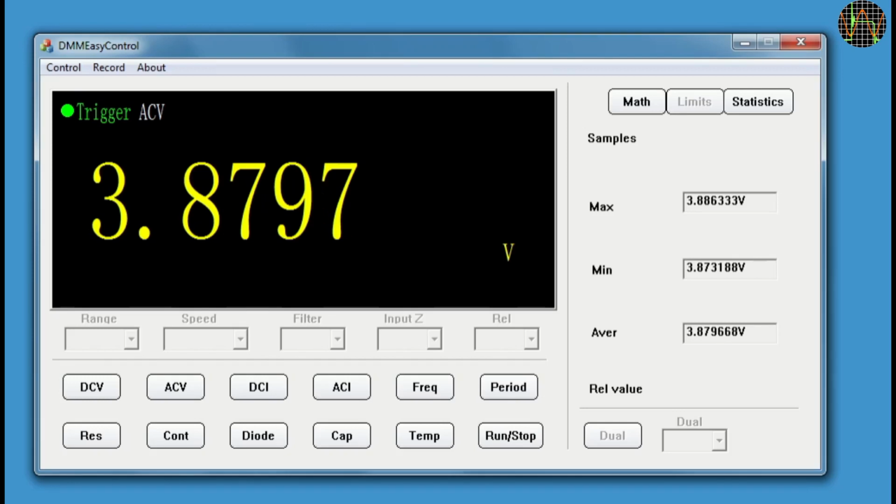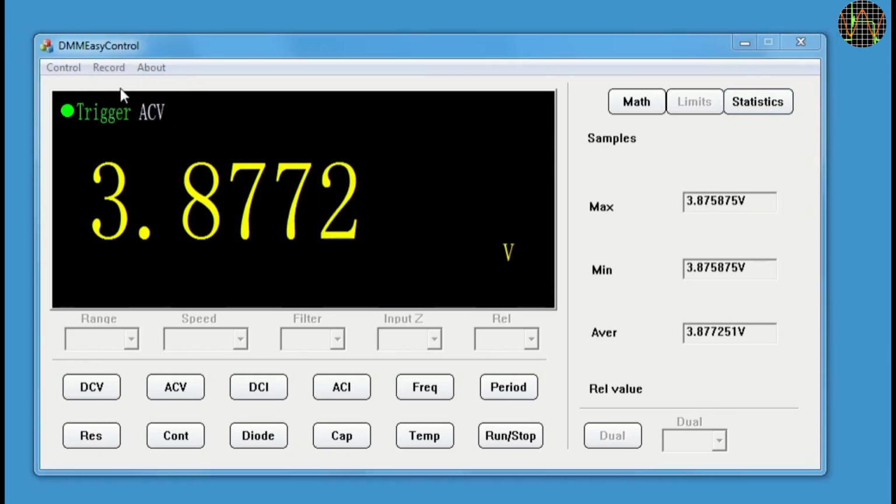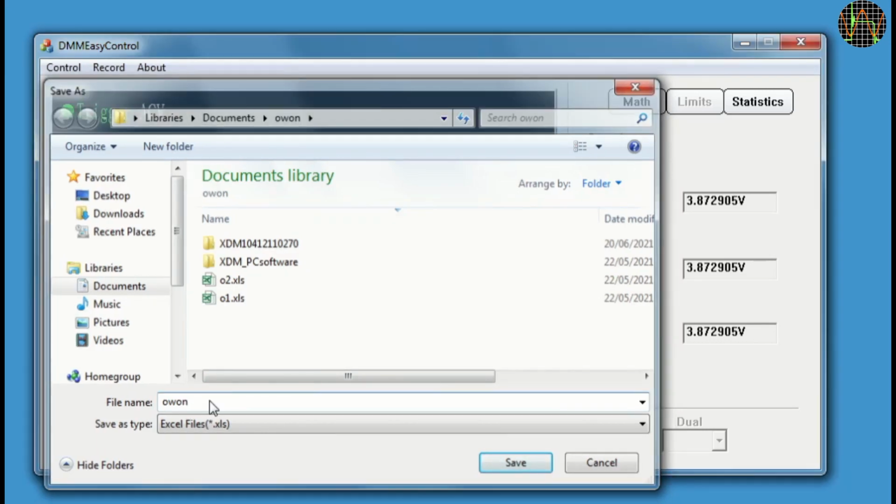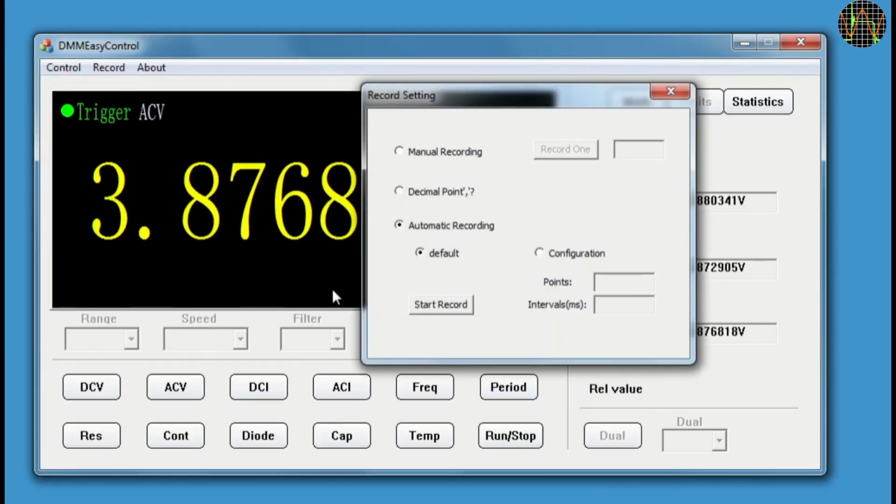As I mentioned before, there is no way to remotely access recordings done locally on the XTM1041, so the PC software does the same as my utility, simply recording the real-time data coming in from the SCPI. This is done using record. It asks specifically for an Excel file for saving, extension XLS, which is the really old Excel format. Next, you can do automatic or manual and specify the number of points and the interval. I picked 40 points and 2 seconds.